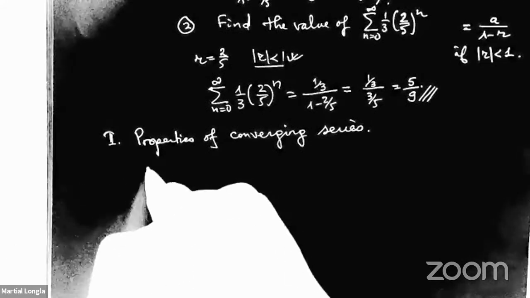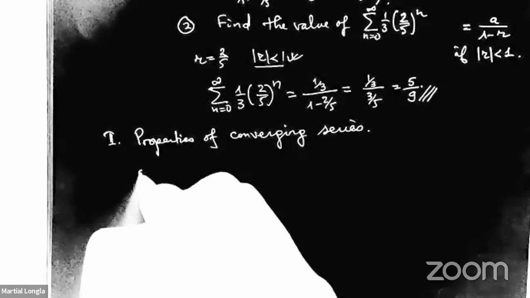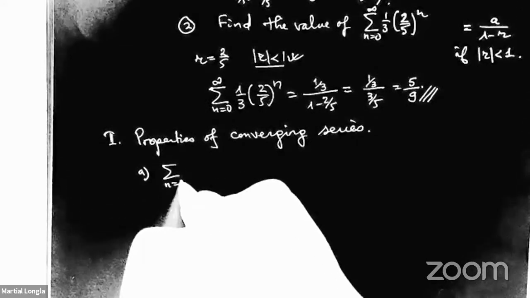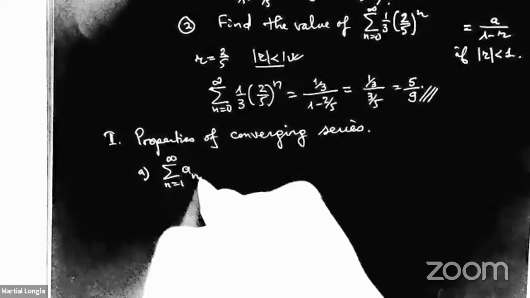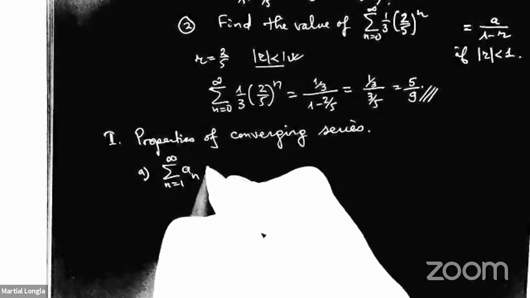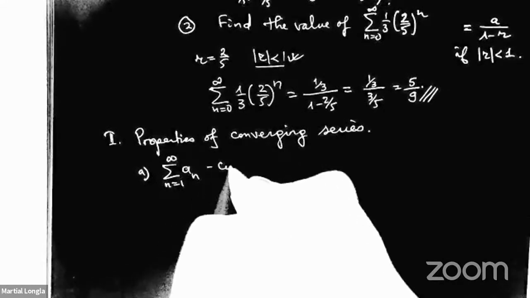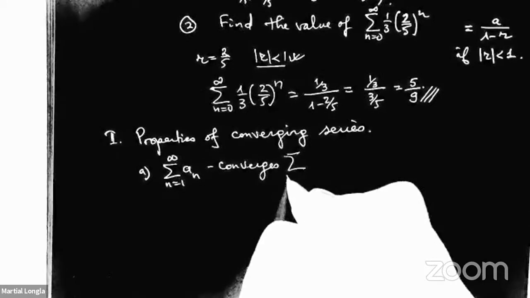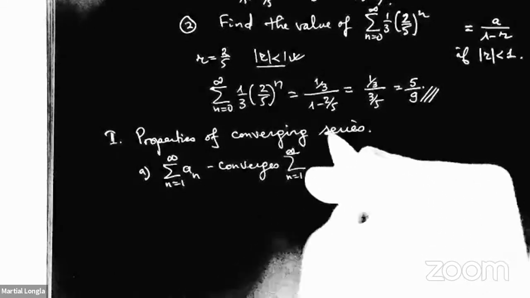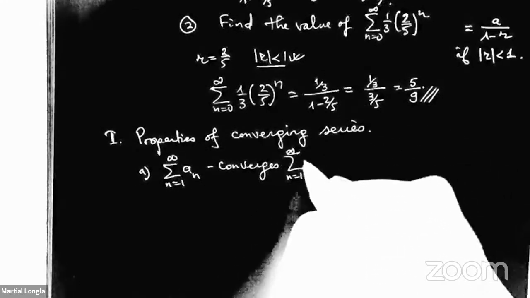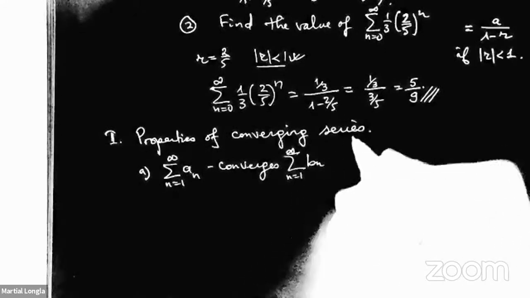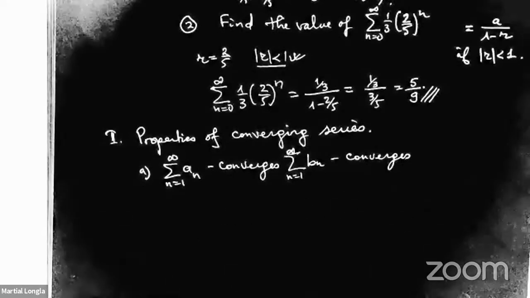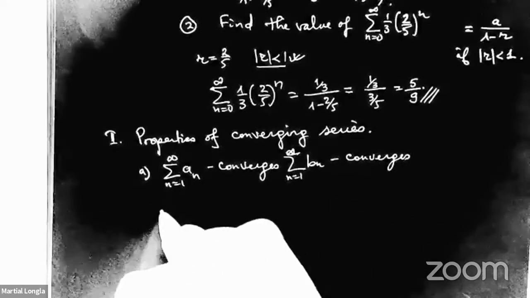So if I have the sum from n equals 1 to infinity of an converges, and the sum from n equals 1 to infinity of bn converges, then